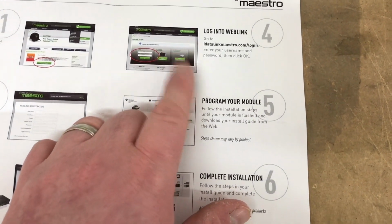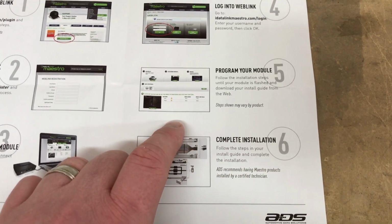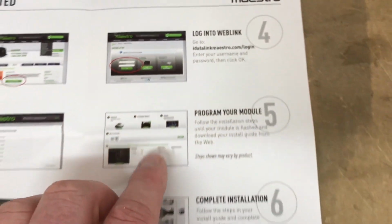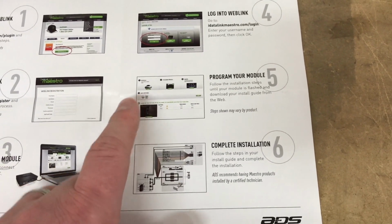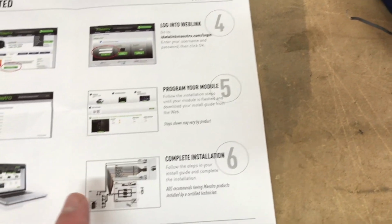After you've logged in, like we've already said, you're going to have to program your module. On the very top right of the screen, that little green button says flash your module. Once you click that, it's going to ask you the year, make, and model, the stereo type, the trim level, everything that you'll have specific to your car. Once you've done that, it's going to tell you